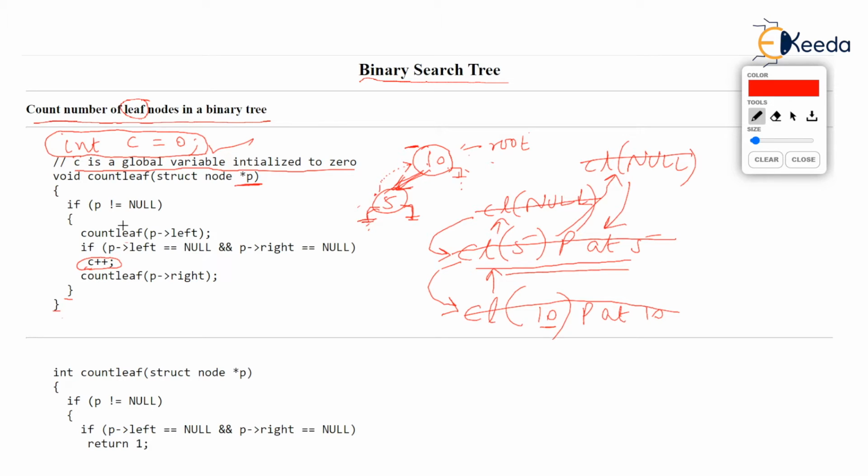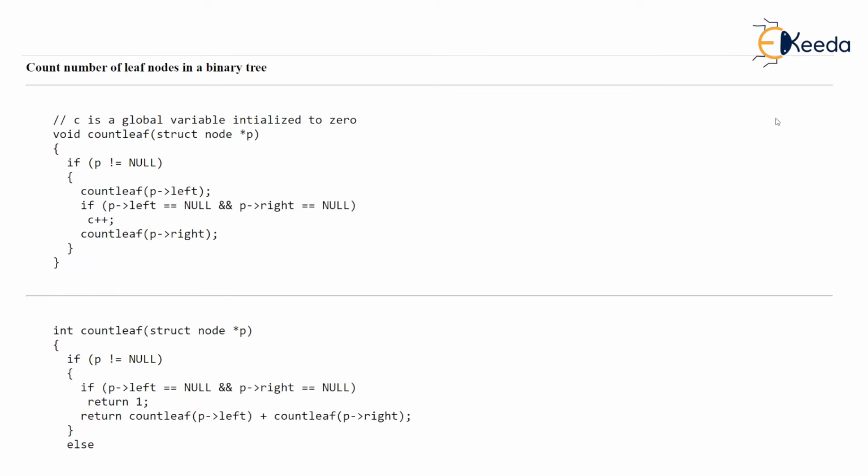In fact, they like the method where the count leaf counts the leaves and returns the answer. So instead of the return type void here, many students would like the count leaf to return an integer, the number of leaf nodes, back in main, so we don't have to take the help of a global variable like c. There's nothing bad in using global variable c, but usually we avoid using external variables or global variables in general. So below, I have shown one more version of count leaf.